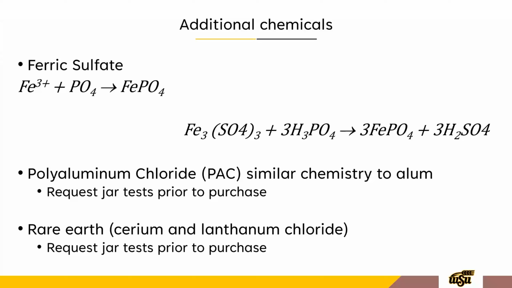I've been to a couple plants that are using rare earth, and they really like them. But before making the leap with any proprietary chemical compound for phosphorus removal, I very strongly would advocate that you have the company perform jar tests to have a good understanding of what kind of dosage you're going to need and what it's going to cost you to remove phosphorus if you're going with a